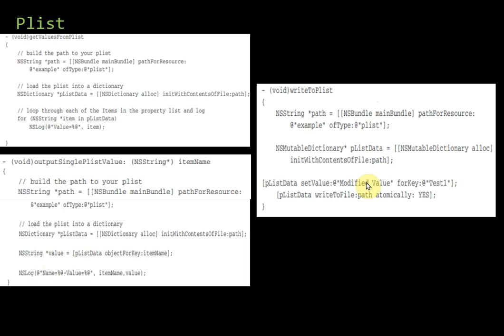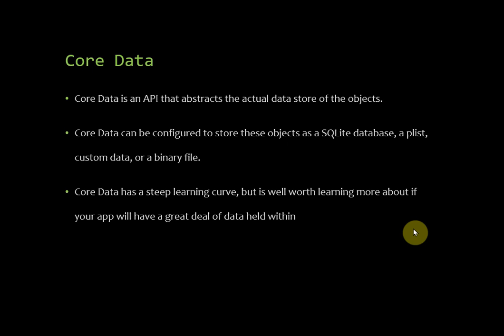And finally, the last part is writing to the plist. Again, when you write, first of all you have to get the path, and that path should be loaded into a dictionary. But in this case, it is this particular statement, that is set value. What does this do? This allows the user to modify the data. You can give some new value. Okay, so that is about your plist.